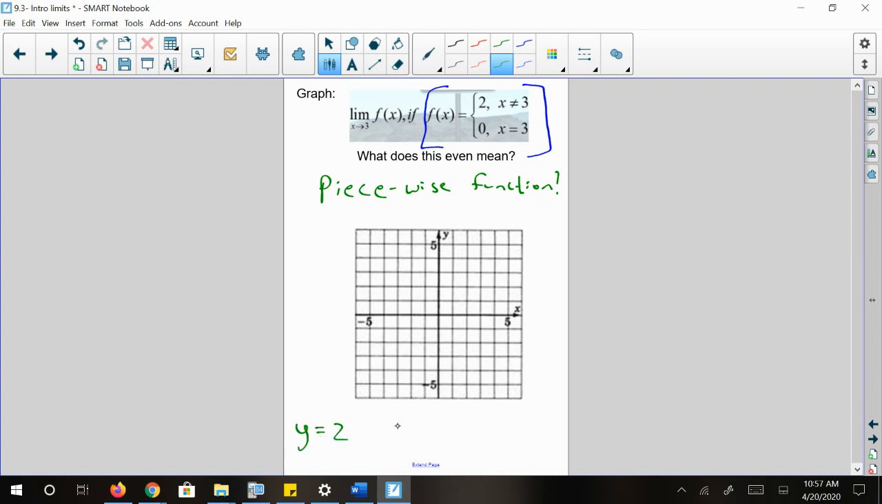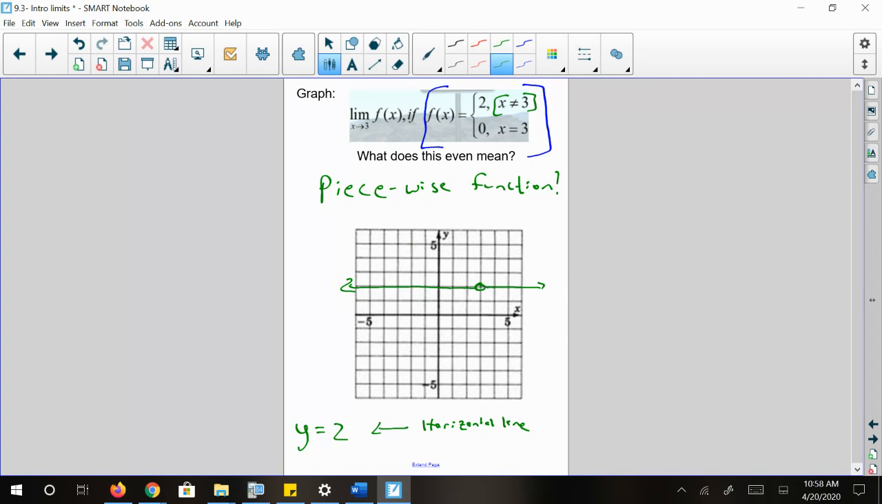And from your pre-algebra days, you should know that this is a horizontal line in which every point on the line has a y value of 2, and that is how this function behaves at every point except when x equals 3, okay? So let's go ahead and draw this here. What this means is y equals 2 for every point except exactly when x is equal to 3, okay? So I'm going to go ahead and put a hole there because that part of the graph does not exist